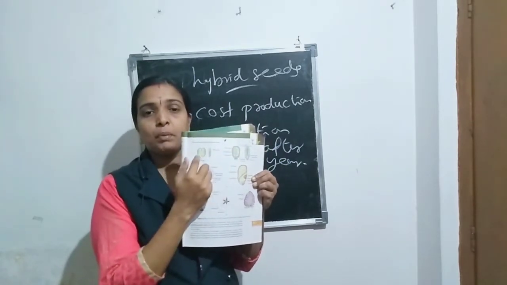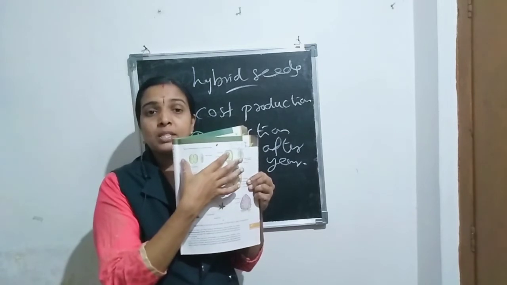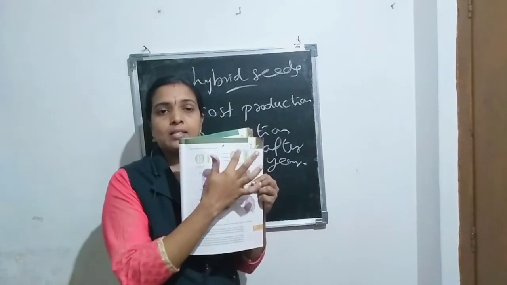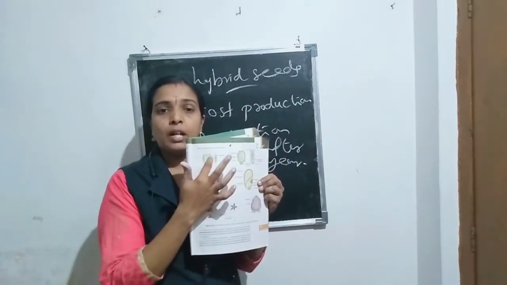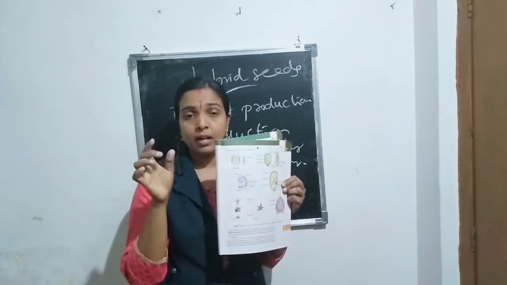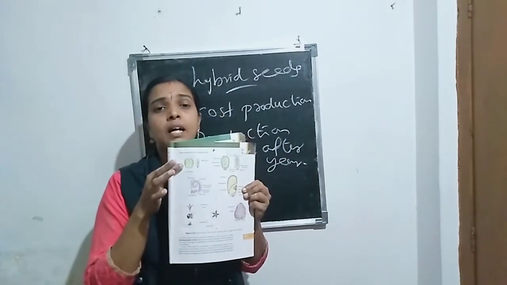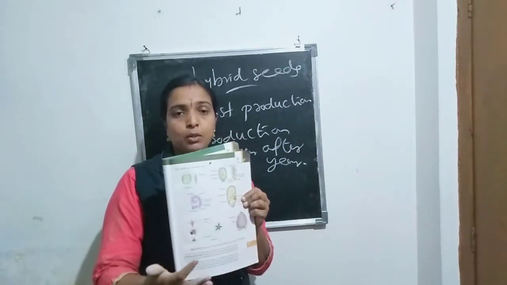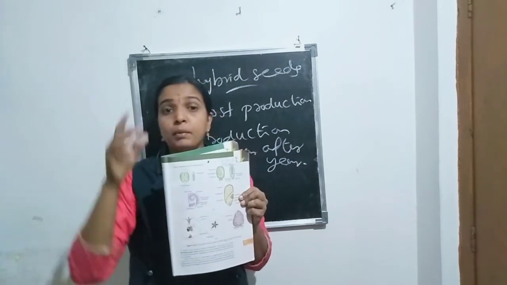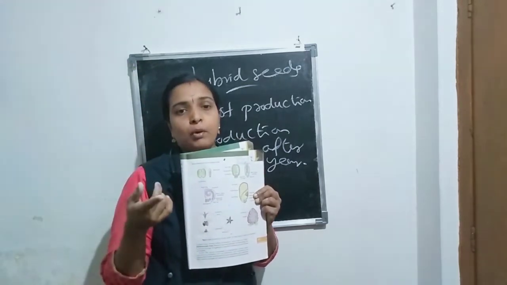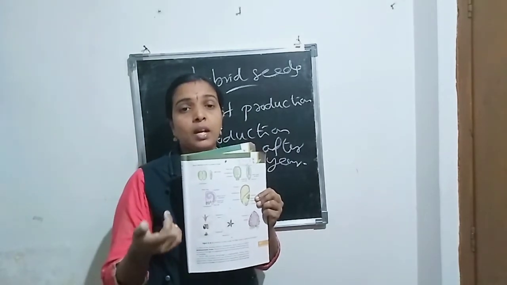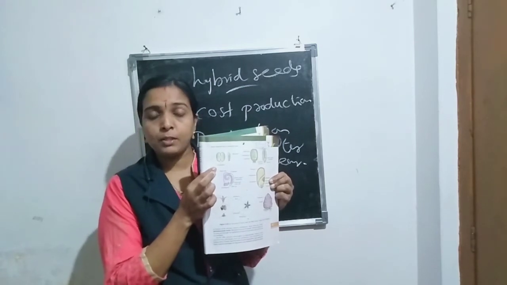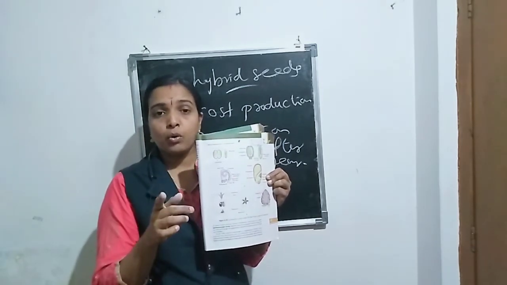What is the difference between pea seed and castor seed? These two seeds are dicot seeds. So write down dicot seed, pea seed and castor seed. The difference is in the case of endosperm: endosperm is absent in pea seed, but endosperm is present in castor seed. What is endosperm? Endosperm is the product of triple fusion that provides nourishment to the embryo. Castor seed has endosperm and pea seed does not, but both seeds are dicot.